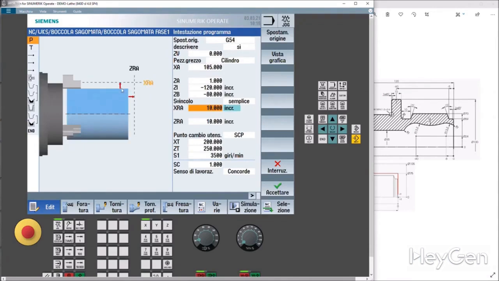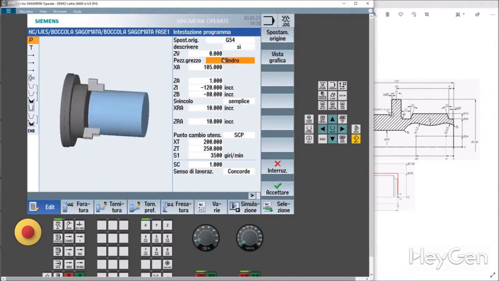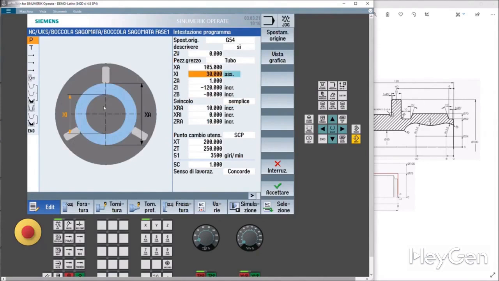A simple release means that when we finish machining, the machine releases in height, in Z. In reality, we no longer have a cylinder, but we have a tube. A tube whose hole has been brought to 32 mm by our drill bit. So we assume a tube with a 30 mm hole, but the release is no longer straightforward.